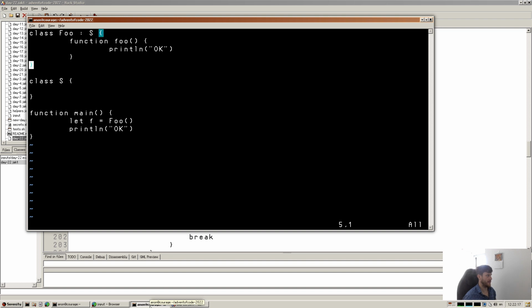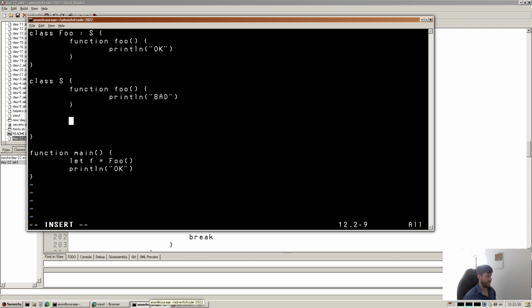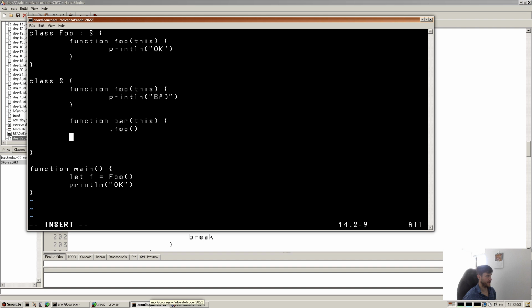And on S we have a function foo, and it can print line bad, and here we can also have a function bar, and this should probably take this as well, like so, and the bar can just do .foo, and so here if we do that and we go f.bar,